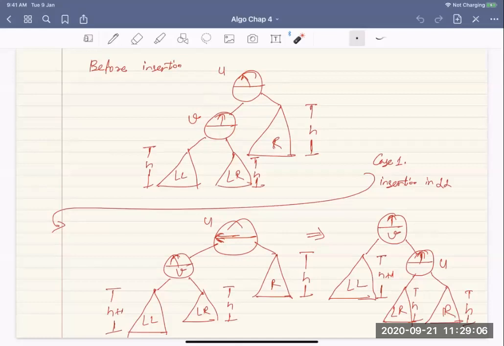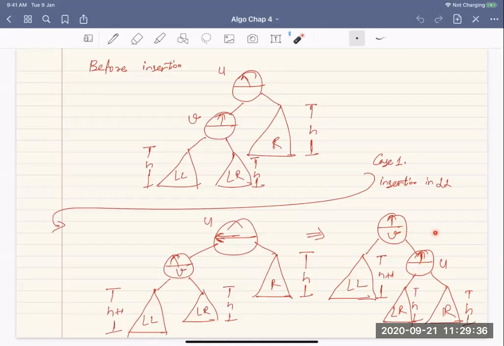I said, okay, we can do something called a rotation. I do a rotation, it looks like a rotation. Yes, so you are rotating it, and after rotation what happens, v comes here and u becomes a child. LL tree of v retains with itself, and you have r and lr. Now what is this rotation, and am I even allowed to do that? I mean, does that preserve the normal binary search tree properties at least?